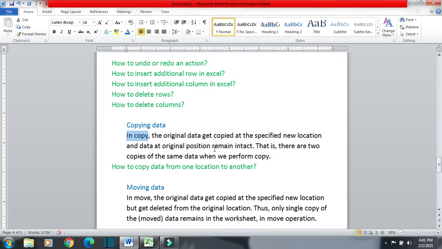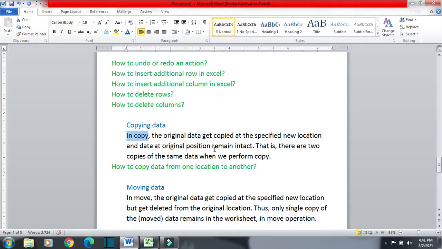Meaning the data at the original location remains there, but we create one copy and that copy is saved on this new location.